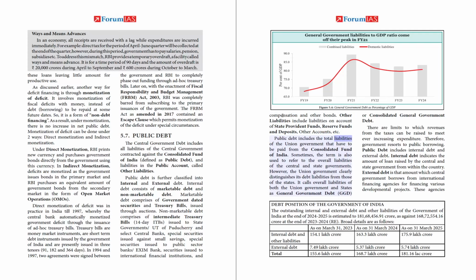Public debt includes the total liabilities of the Union government that have to be paid from the Consolidated Fund of India. Sometimes, the term is also used to refer to the overall liabilities of the central and state governments. However, the Union government clearly distinguishes its debt liabilities from those of the states. It calls overall liabilities of both the Union government and states General Government Debt, GGD, or Consolidated General Government